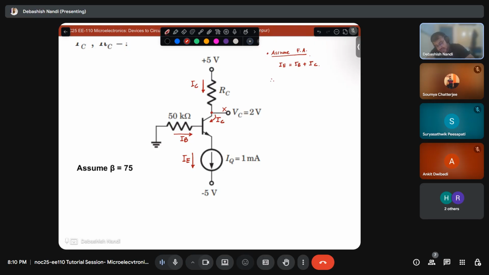So if I take this loop, this KVL loop, what do I see? IB times 50K, and forward active means the base-emitter junction is forward biased, and we are assuming a silicon diode. That means this will be 0.7 volt. So there is a 0.7 volt drop, minus 0.7 volt, and then